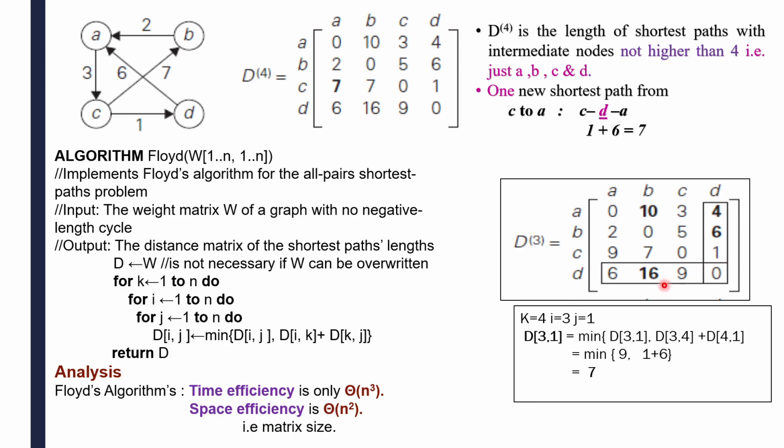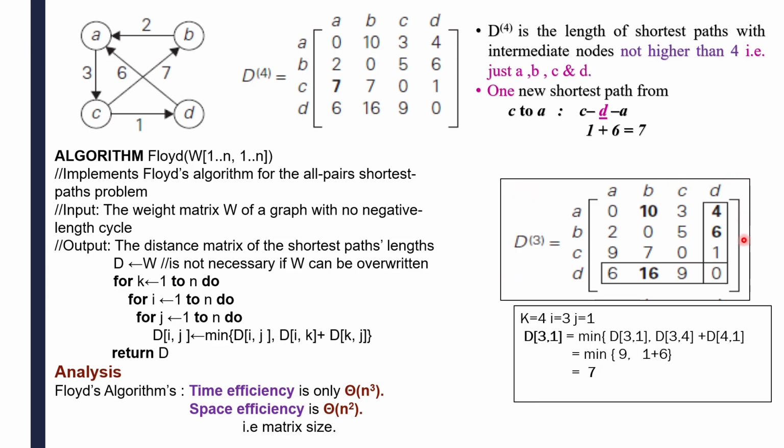Matrix means it contains rows and columns. That's why it requires n square here. That extra memory space is to store the result of the earlier iteration. Because that result will be taken as a reference to get the solution for that particular iteration. If I want to find the solution for D4, I'll take the reference of D3, and with the help of this D3 matrix I am getting the value for D4. So that's why I require this result now.